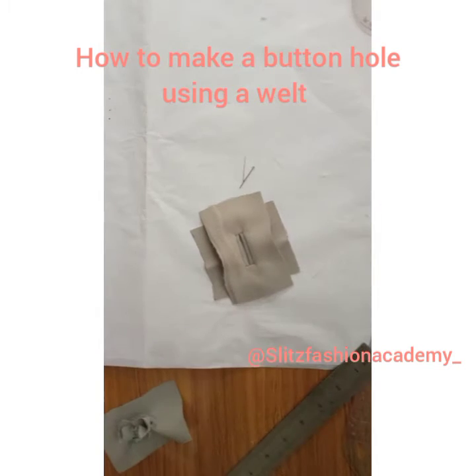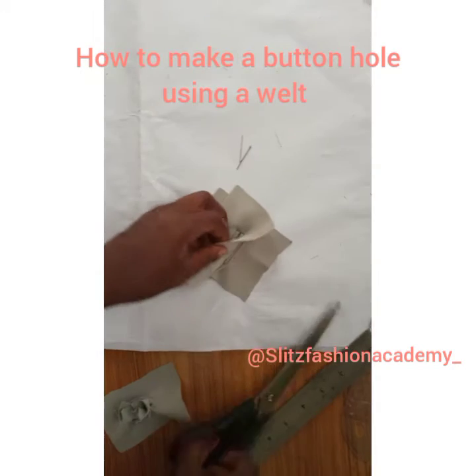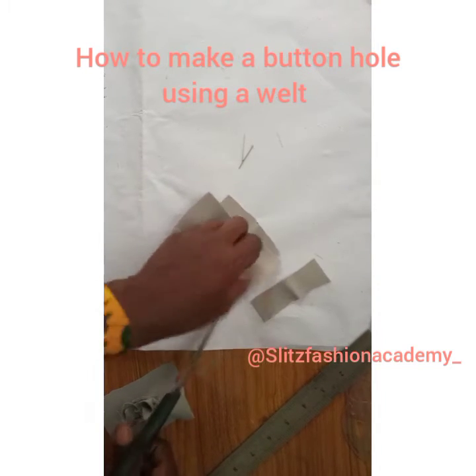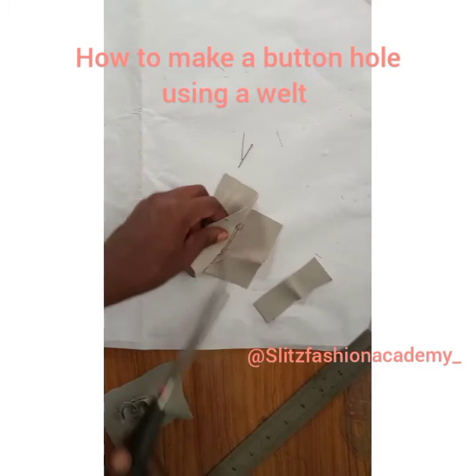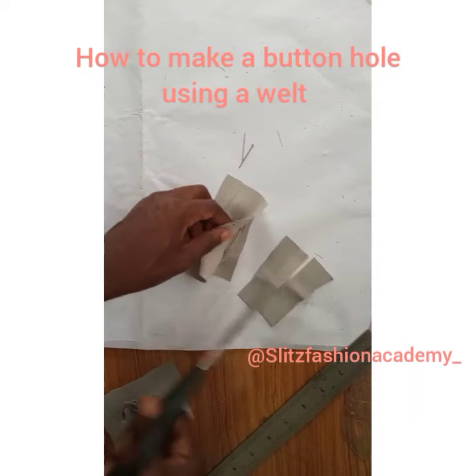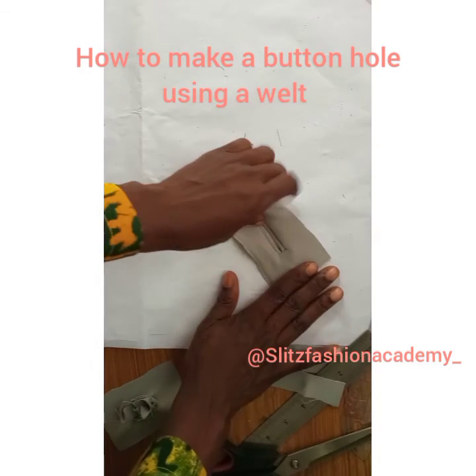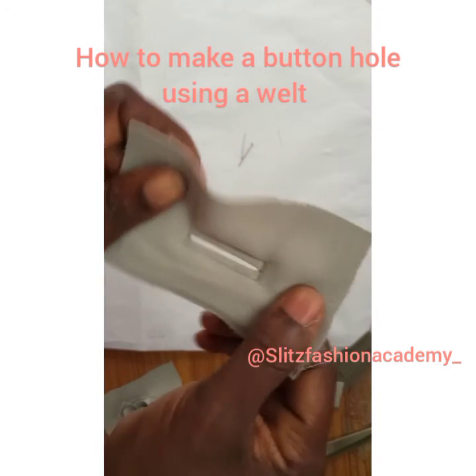It looks really good. Though this is for a pocket. Of course the button has to be really large because I use 1 1/4. Most buttons are not that wide. So if you're using it for a pocket, you probably use 1 inch. You make the hole 1 inch wide. 1 1/4 looks quite big. But you see how good it looks? If you press this,